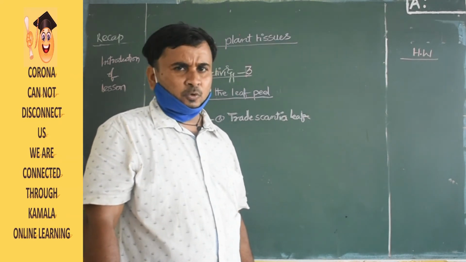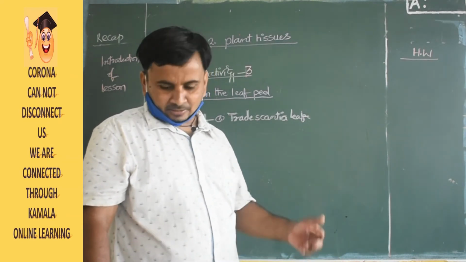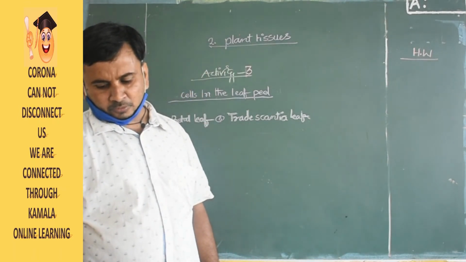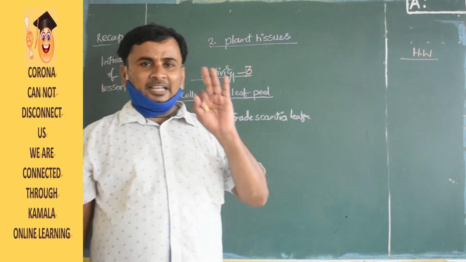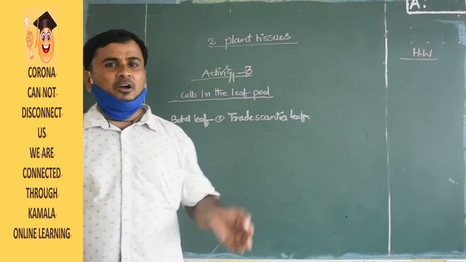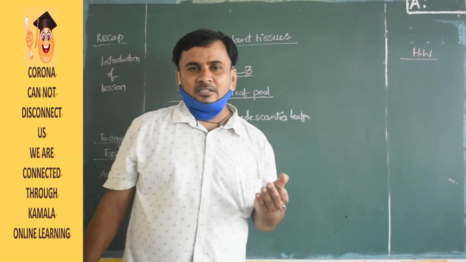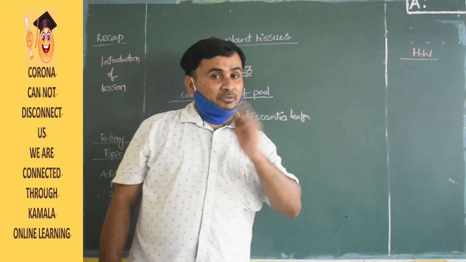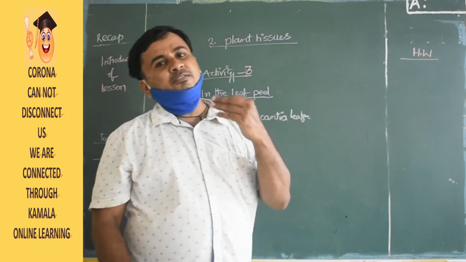Yes, cells are grouped. Similar structure, similar function. Compare and write a note on the arrangement of the cells that we have observed in both activities. So leaf cells are different from the onion cells. The onion cells look whitish in color, but leaf cells are green. The leaf cells' function is different. The onion cells' function is different.